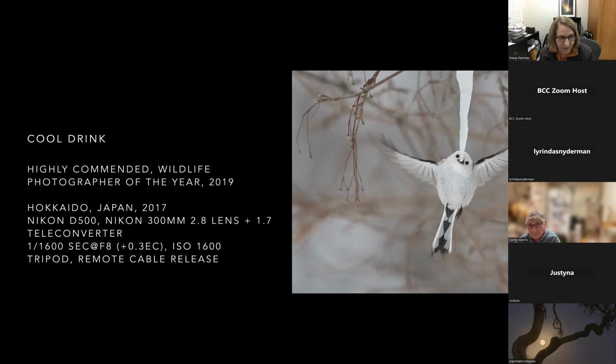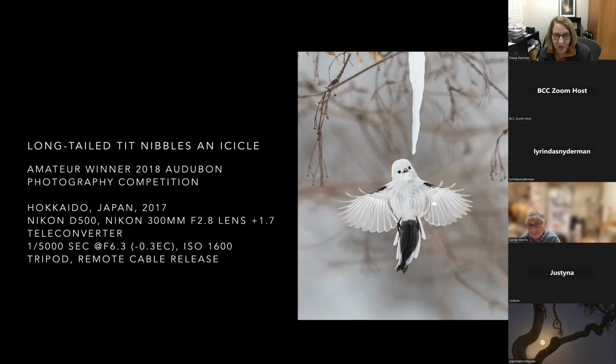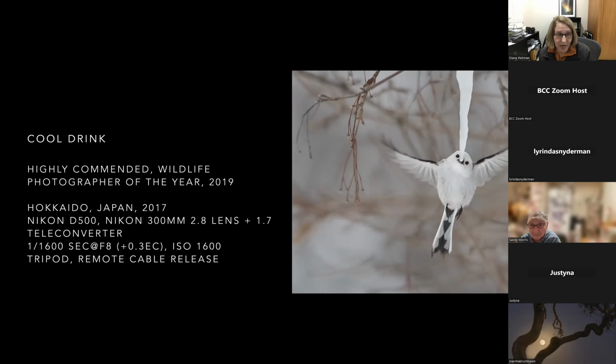And you can see the difference here on this one. Okay, I'm shooting at 1/5000th of a second, so you can see those wings are tack sharp. On this one, I'm actually only shooting at 1/1600th of a second, and you can see that the wings are not sharp. And that's part of the reason I actually submitted the other image to Audubon, thinking that was certainly the better of the 2 images. And this one I submitted to Wildlife Photographer of the Year because there's only 4 birds that will be one of the winners. So it had less of a chance, but I was happy when it did end up being